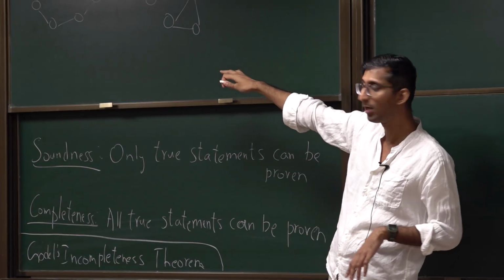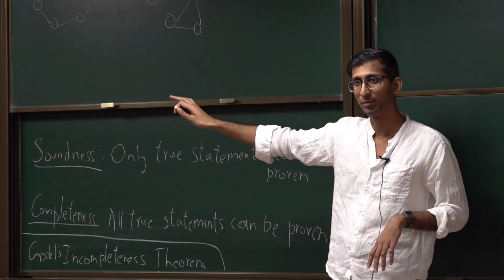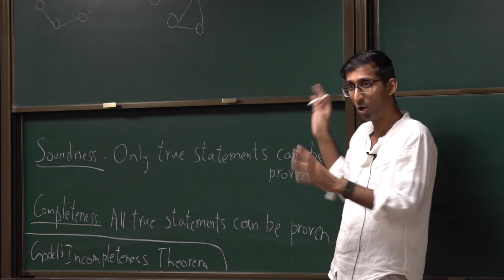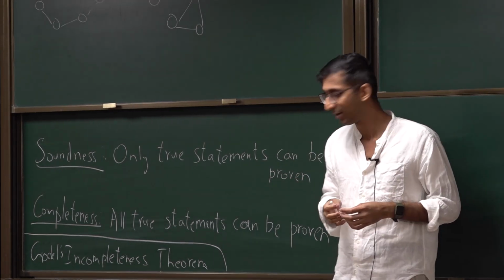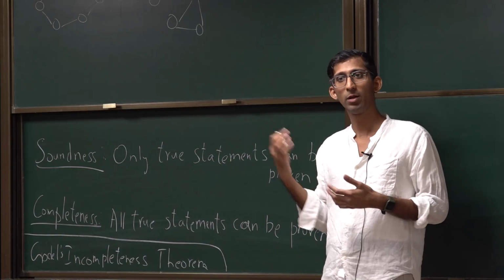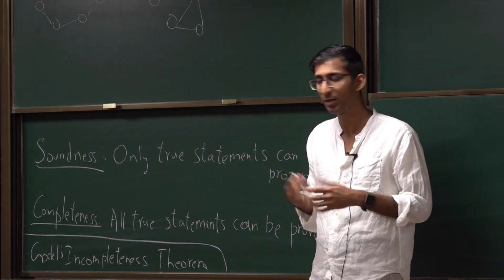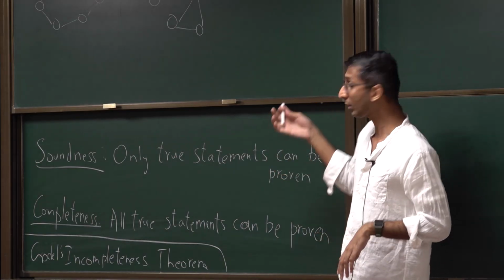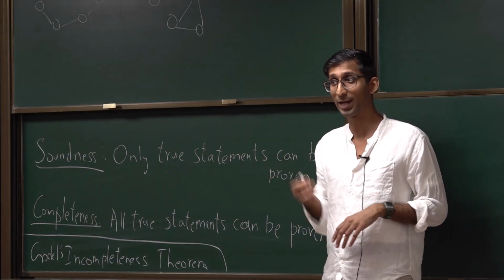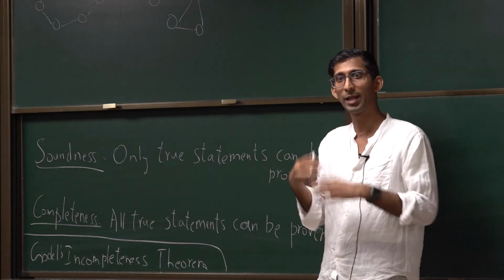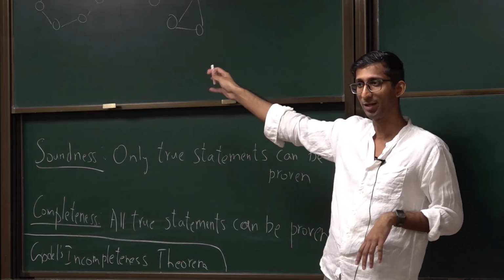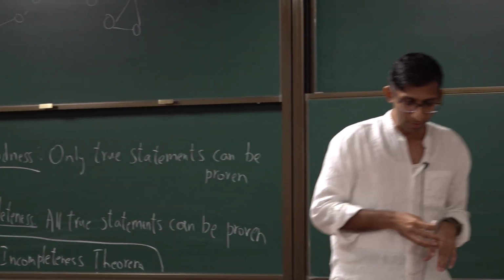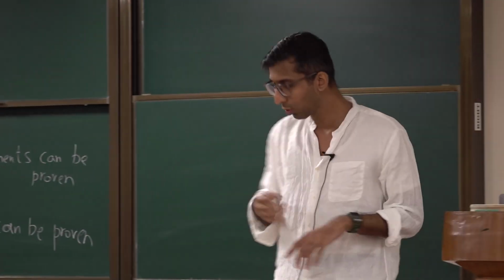Because in these two graphs, every vertex has degree 2, so they have the same degree sequence. But they're clearly not isomorphic, and this approach is not able to prove it. Of course, there are other approaches you can use to prove it. For example, if you count the number of triangles in this graph, the number of cycles of length 3, they are different over here. But in general, we do not know an approach